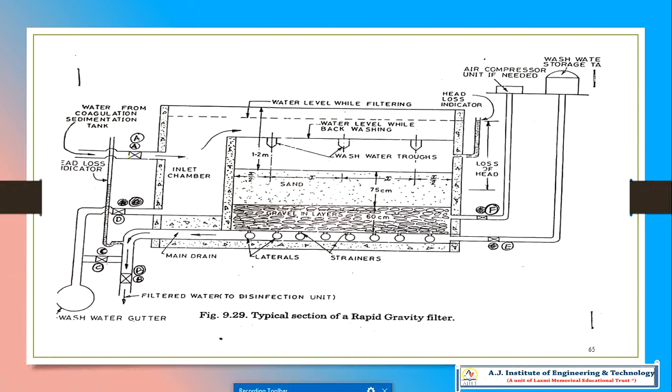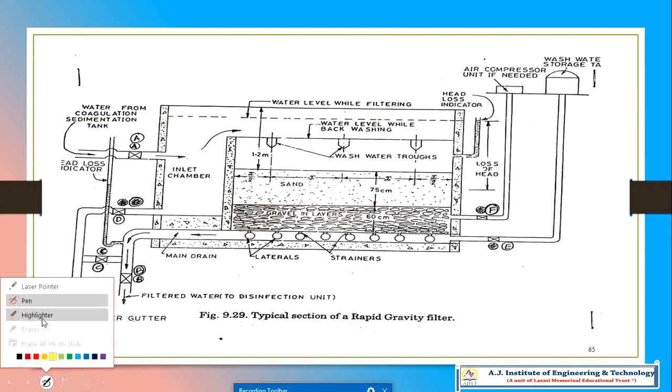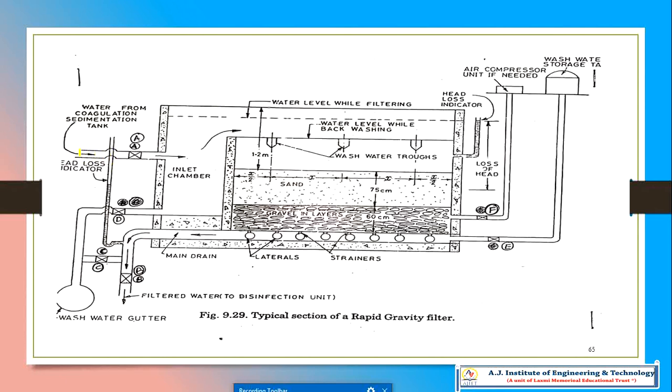That is the inlet chamber, you can see, right? Here one inlet chamber is provided. This is where the water is coming from. I mentioned it as A, the inlet chamber where the water will come. The water will come and flow like this, travel here, and then pass on the bed of the filter.